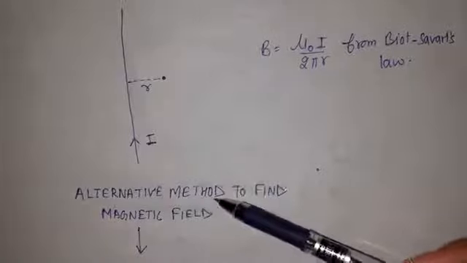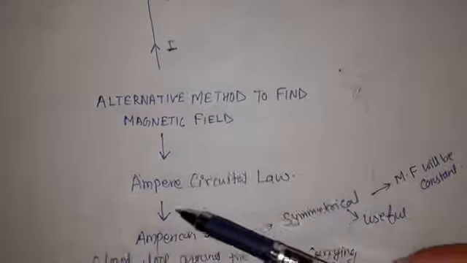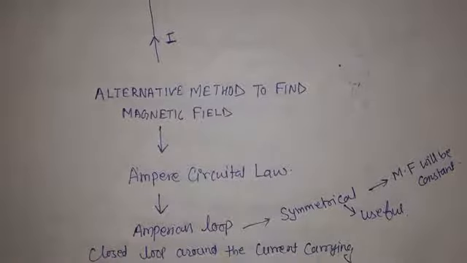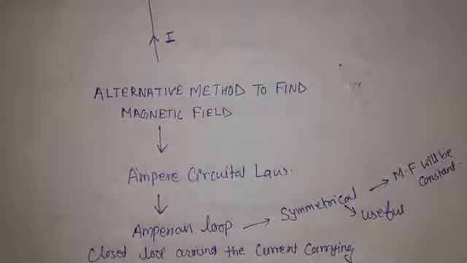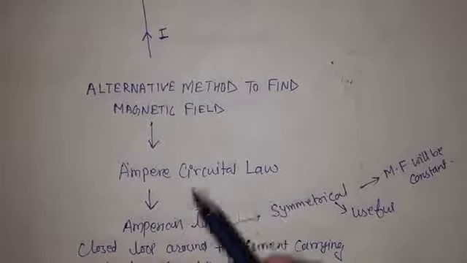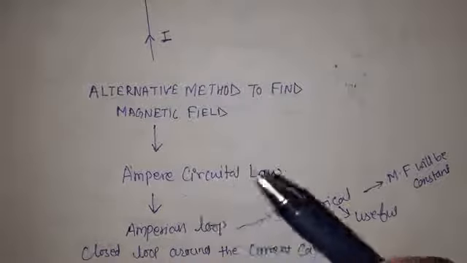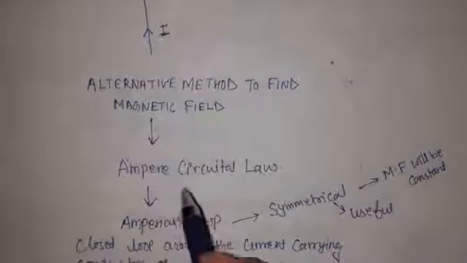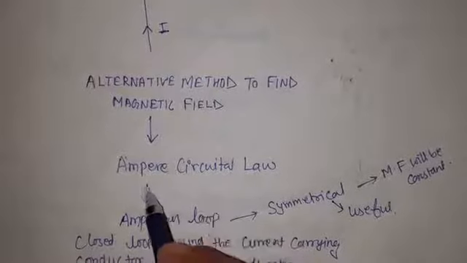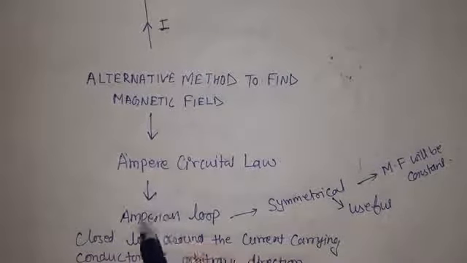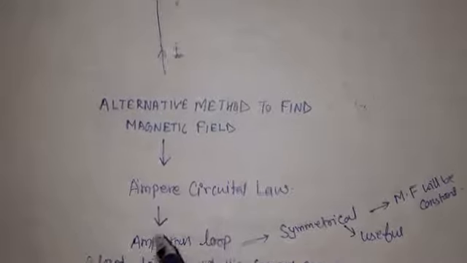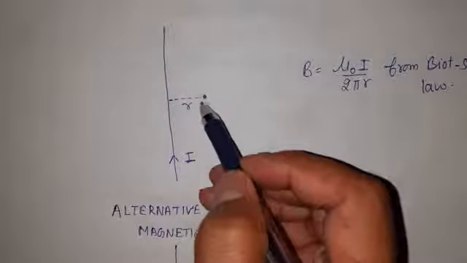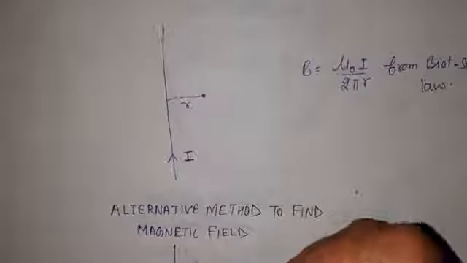This alternative method by which we can find out this magnetic field, we are going to call Ampere circuit law. This is the second method by which we can find out the magnetic field due to a current carrying conductor. It is not only for a straight current carrying conductor; the conductor may be of different shape and size. To apply this Ampere circuit law, we must use an Amperian loop. For example, let us consider a distance r where I want to find out the magnetic field with the help of Ampere circuit law.